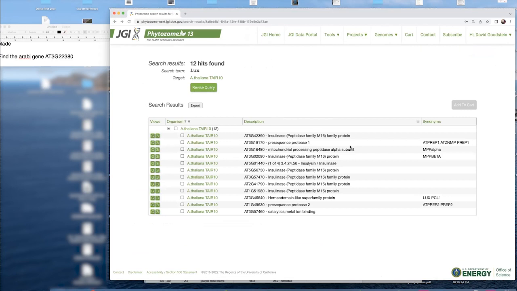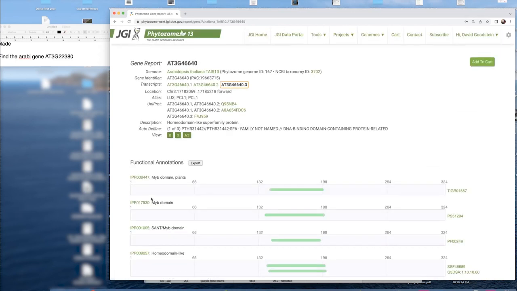So let's go back here. I'm going to want to work with the actual LUX gene from Arabidopsis. So I have two links for each gene I find in the search. One is to go to its gene report, and the other is to actually view it in a genome browser to see it in its genomic context. Right now, I want to go to the gene report because that's where a lot of the information related to orthology to other organisms is most easily explored. So let me click through on that